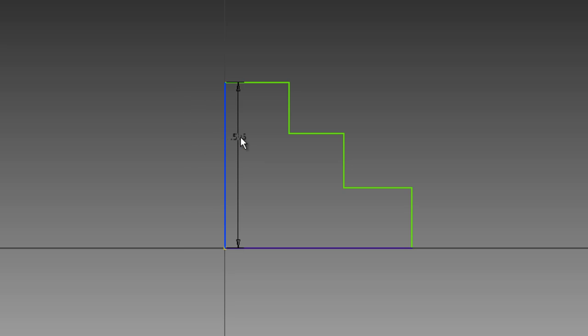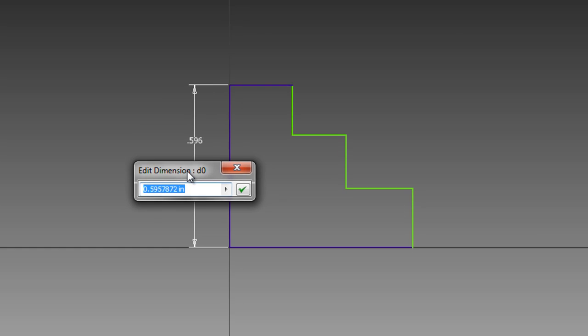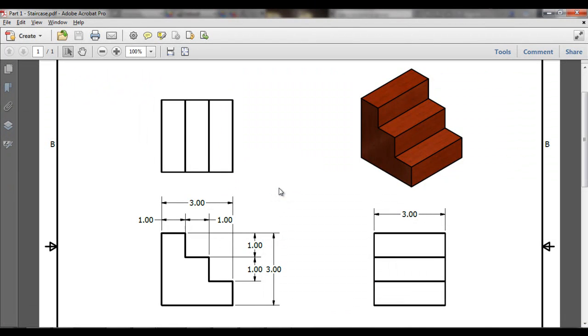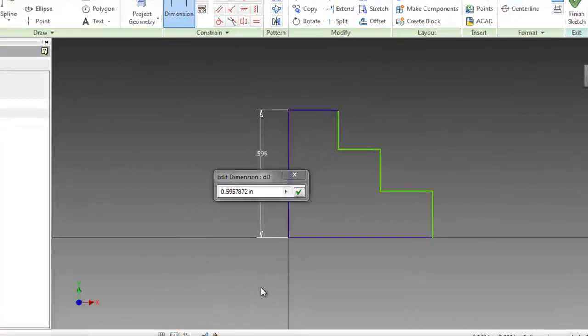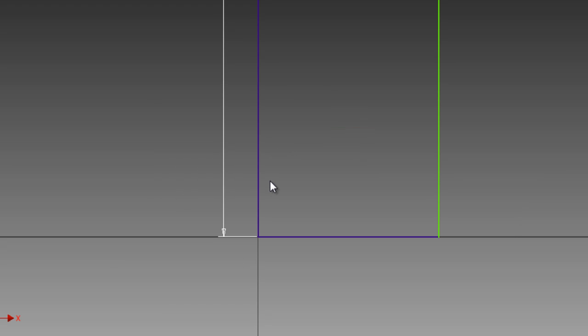The dimension follows my mouse, so to place it, I'll click again, and I have an Edit Dimension dialog box, and I want this to be 3 inches tall. So I'm going to change this dimension to 3. I can hit Enter or click the green check, and that changed that line to 3 and sent it off